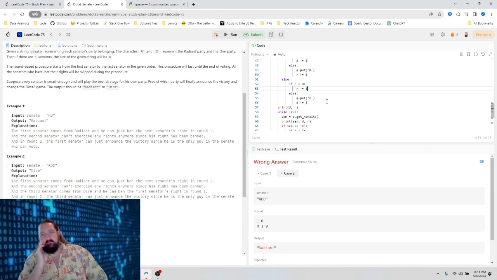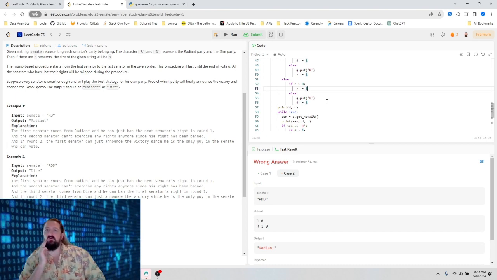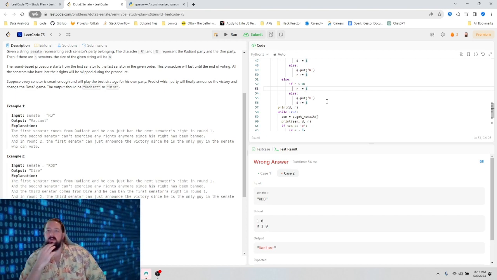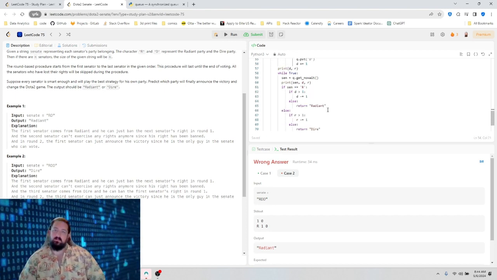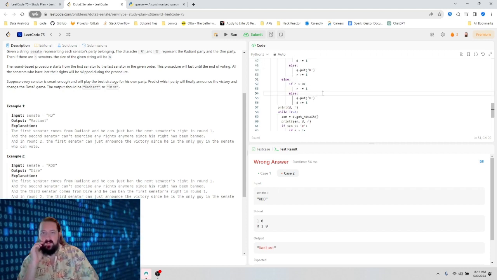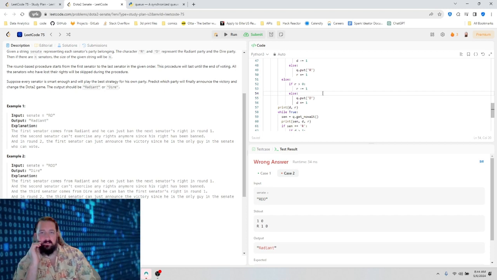R is the number of votes available, but I also need a way of knowing when I run out of opponents.